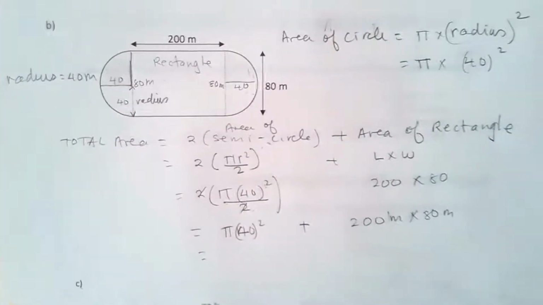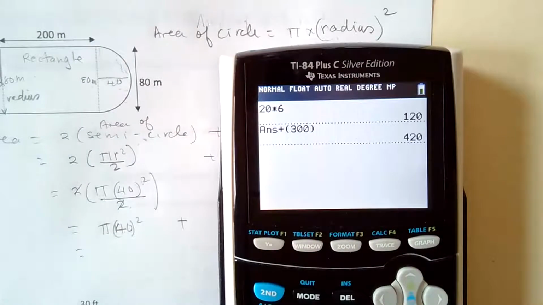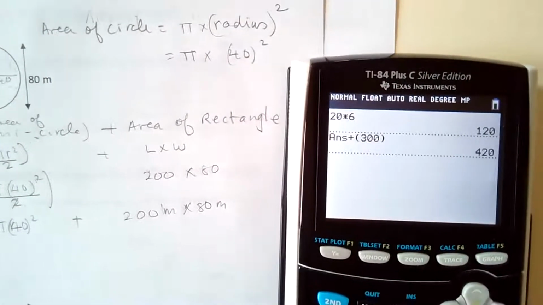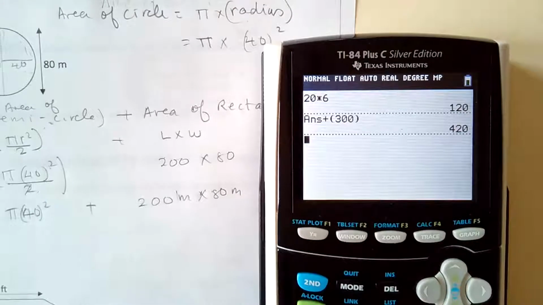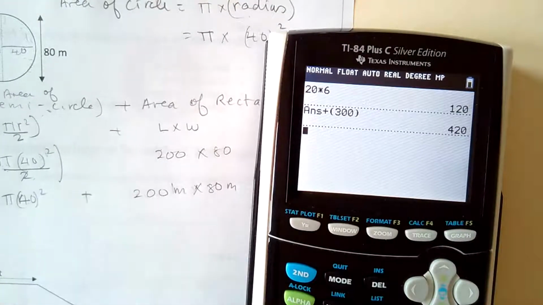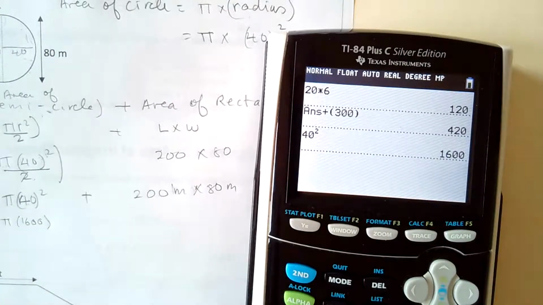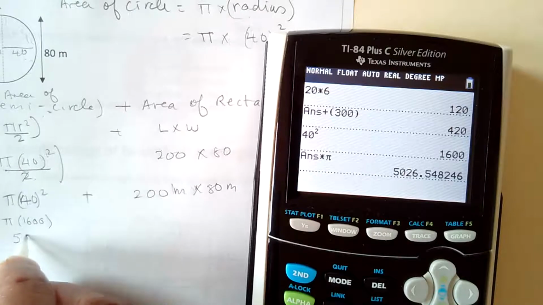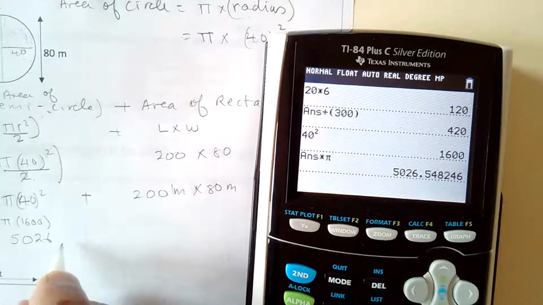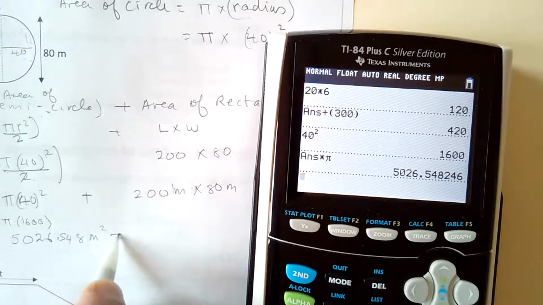Okay, that will work. I'll just move this over here a little bit. Just like to show you what I'm doing. So I have 40 square, so I'll put 40 square, 1600, then I multiply by pi. So this is pi times 1600. I'm going to use my pi button. So this gives me 5026.54. It goes on. This gives me meter square plus